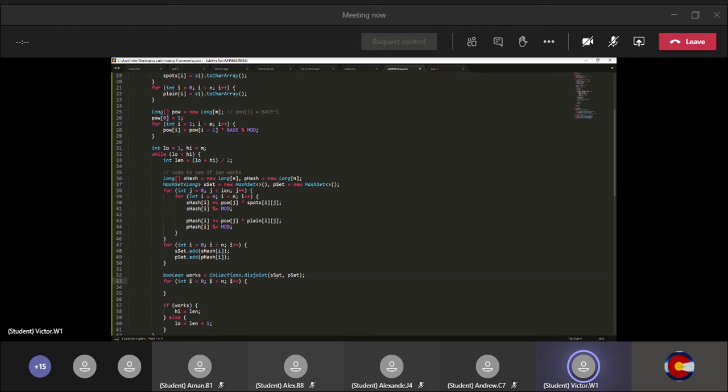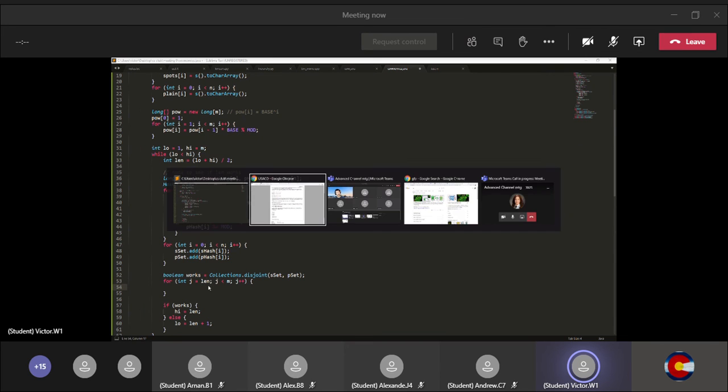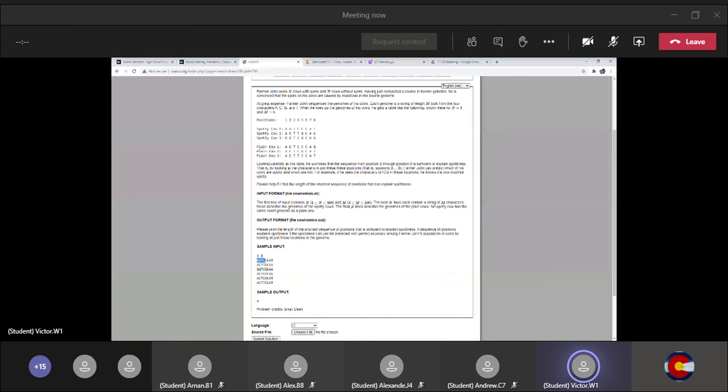So we're going to be looping over the indices that we're adding. We'll start this at len and go up until m, because in this earlier part we added all the positions from 0 up until len minus 1, since there's a 0 index. So now we can loop over the index that we're adding on. The first thing you would add on is len. If this is your initial prefix, you would add on this length